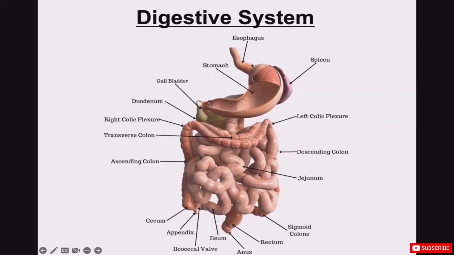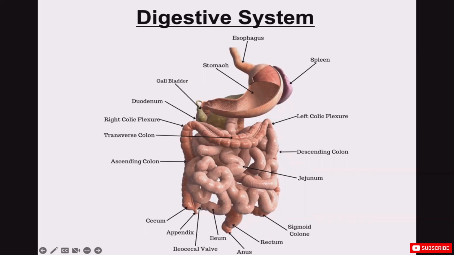Here again, the esophagus takes us to the stomach. We have the spleen here, gallbladder. We have the duodenum at the very beginning of the small intestine. It's called duodenum. We move to the jejunum, which is most of the small intestine. At the very end is called the ileum,